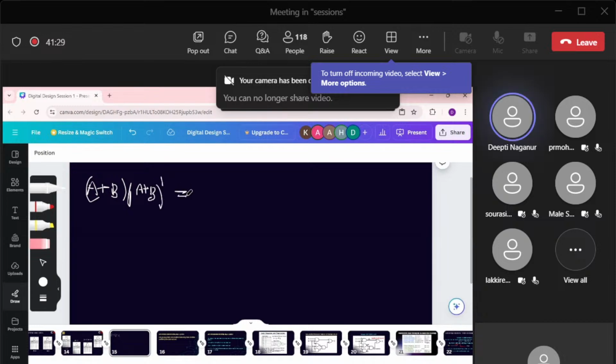So using De Morgan's theorem, I'll get (A + B) dotted with (A' + B'). Okay, and I apologize for the handwriting here. Okay. So when I multiply this individually, I'll get A